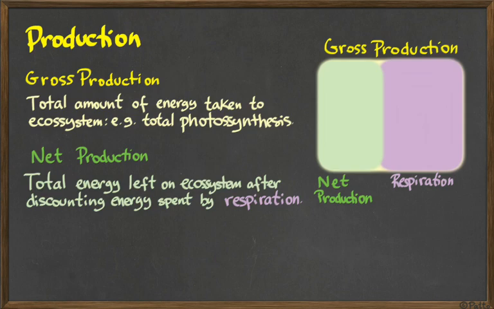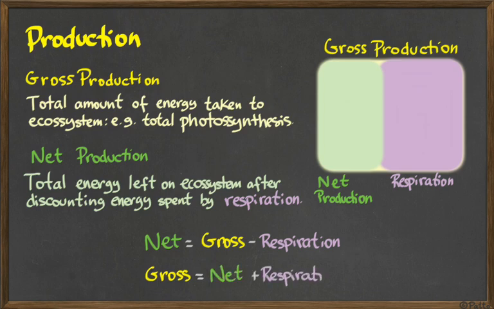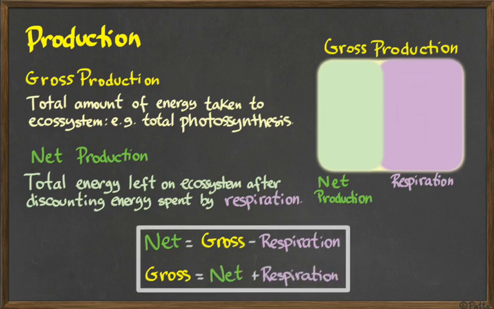When we get a tree and we measure the tree, what we actually have there is the result of the net production, because respiration is putting things away from it. Okay, so there is a formula: net production equals gross production minus respiration. So to find the net production, you get the gross production and subtract respiration, or if you want to know the gross production in a certain place, you just get the net production and add the respiration. Okay, either way, if you have two of those values, you can find the third one.